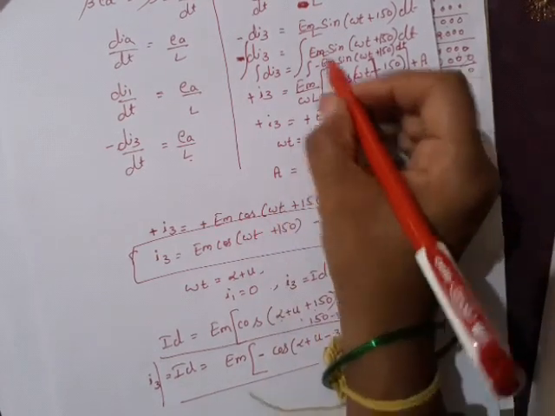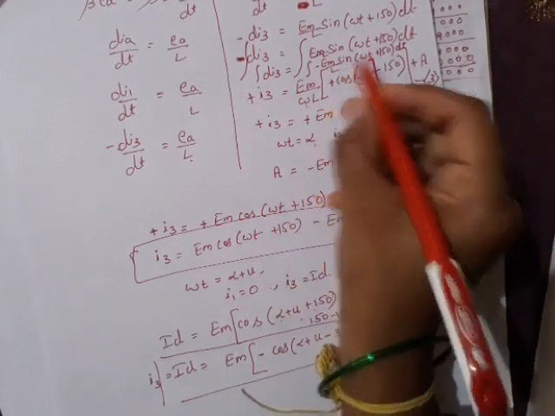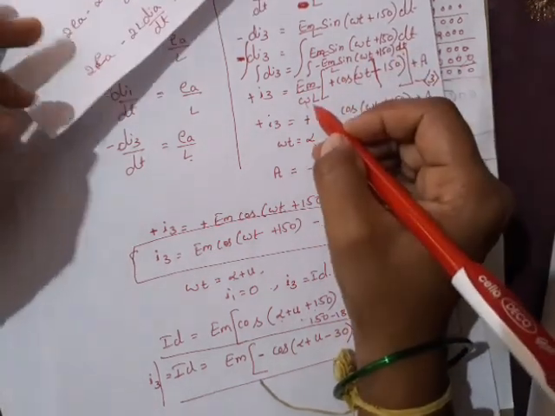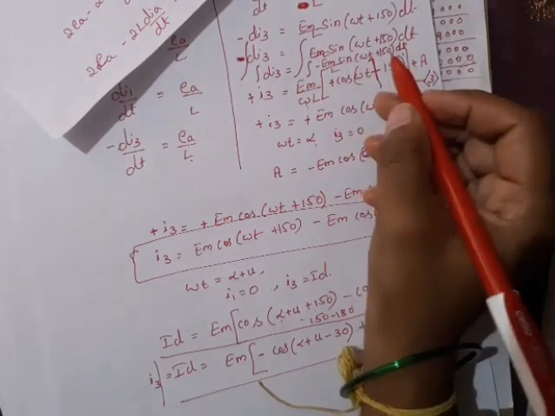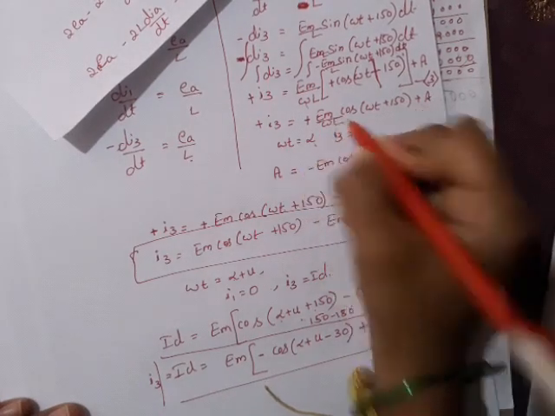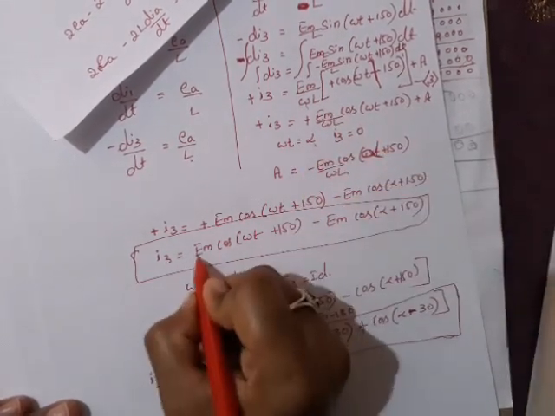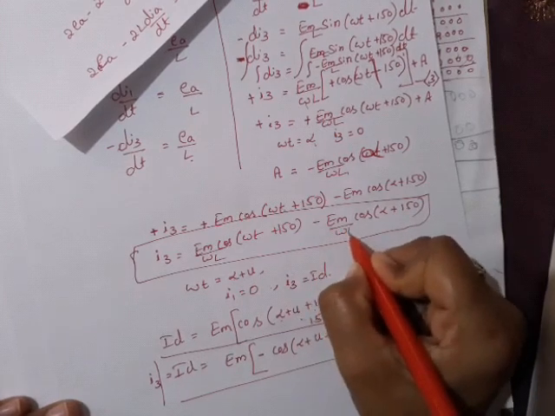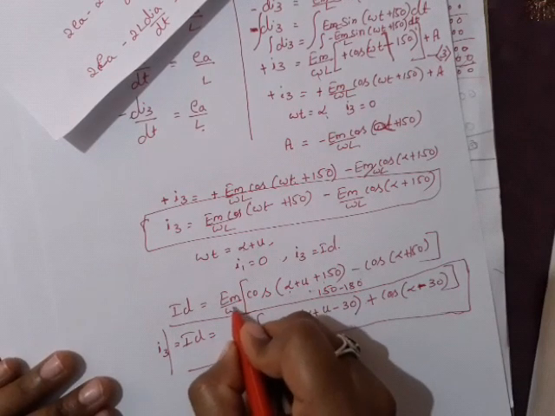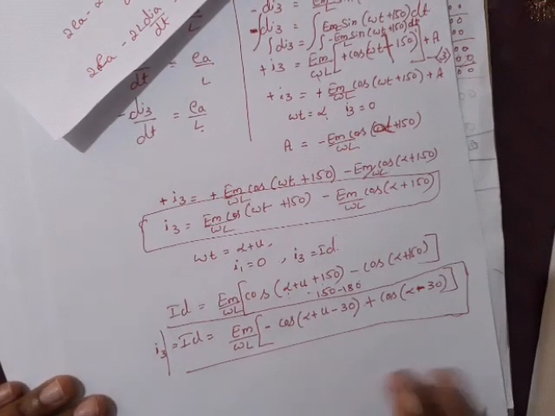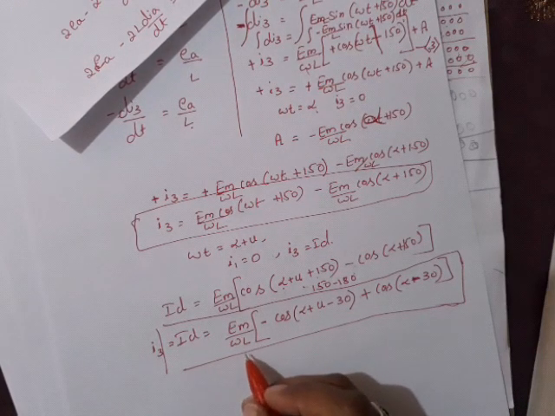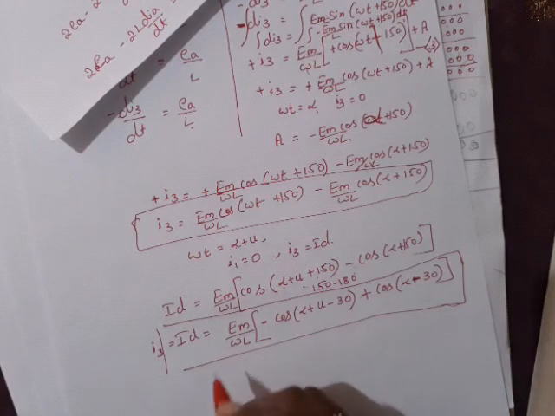Here you are going to integrate this. So cos, we are integrating with respect to dt. Sin omega t with respect to dt will become cos omega t divided by omega. So omega we have to carry. Sorry, I just missed that. Otherwise it will not become a current equation, right? Voltage divided by resistance is the current equation. This is reactance, omega L is the reactance. So this is your ID current.